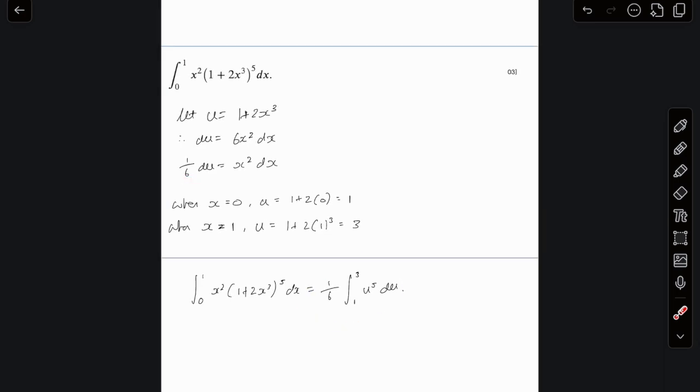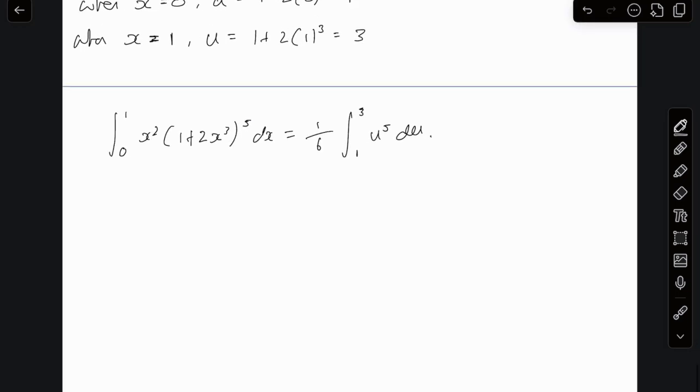You can see here, now we just evaluate it. So if we evaluate this, we get a sixth of the integral from 1 to 3 of u to the 5 du,